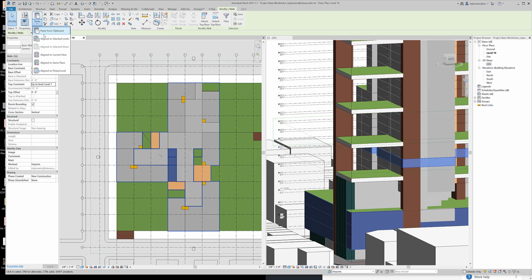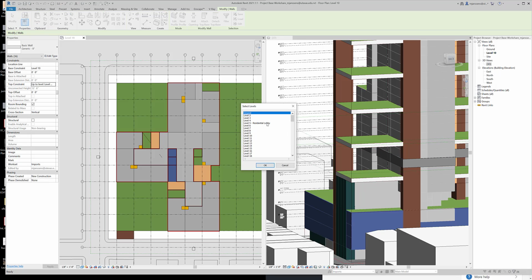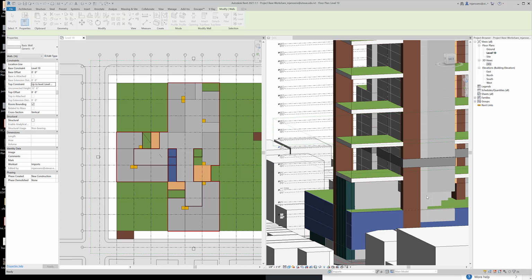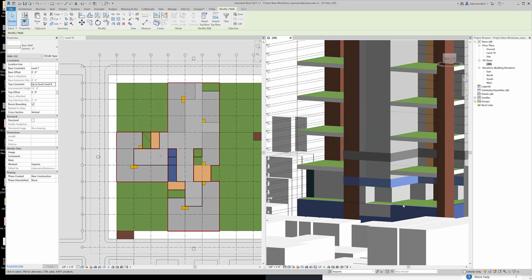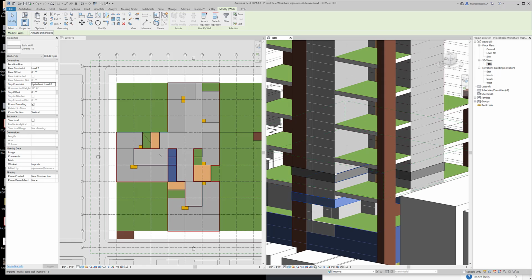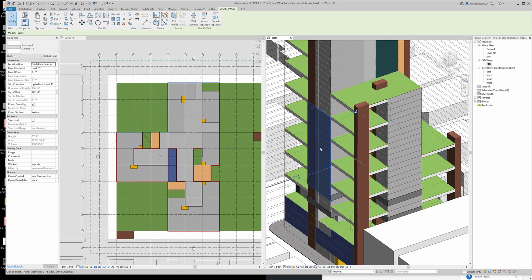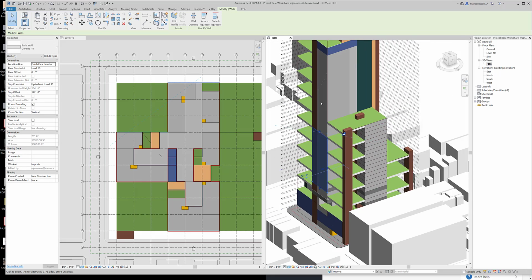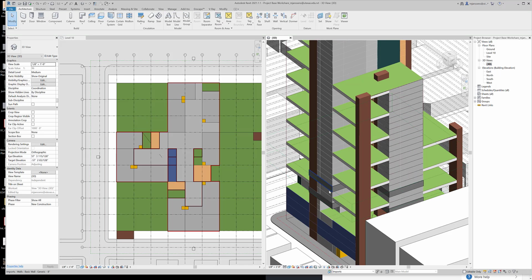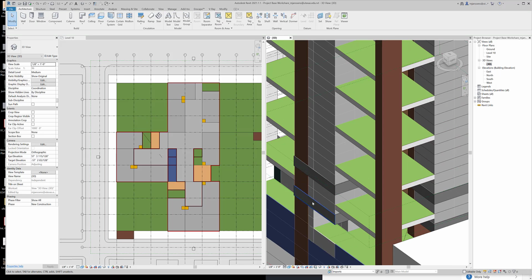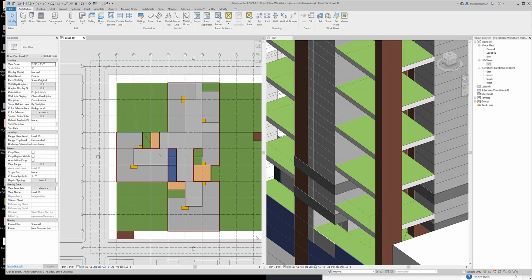If you click away, now I can go to Modify and Paste, and then I can align to selected levels, and then I can do like level 7 because that's where I know my residential begins. Now you probably don't want to do that all the way up. It's totally fine. For your exterior walls, you could do these as large faces as well. But I'm going to show you in the next video how to group certain elements so that if you do need to change one of the walls, it's going to associate for the rest of your